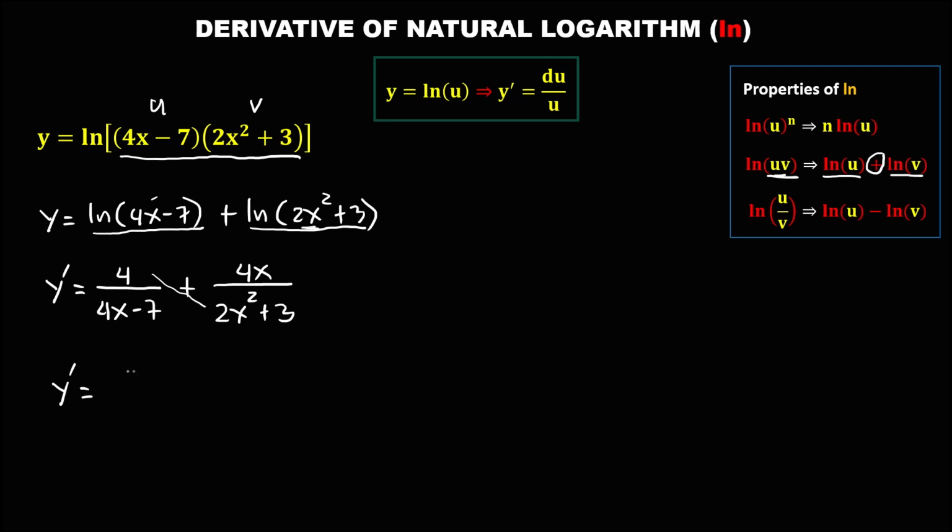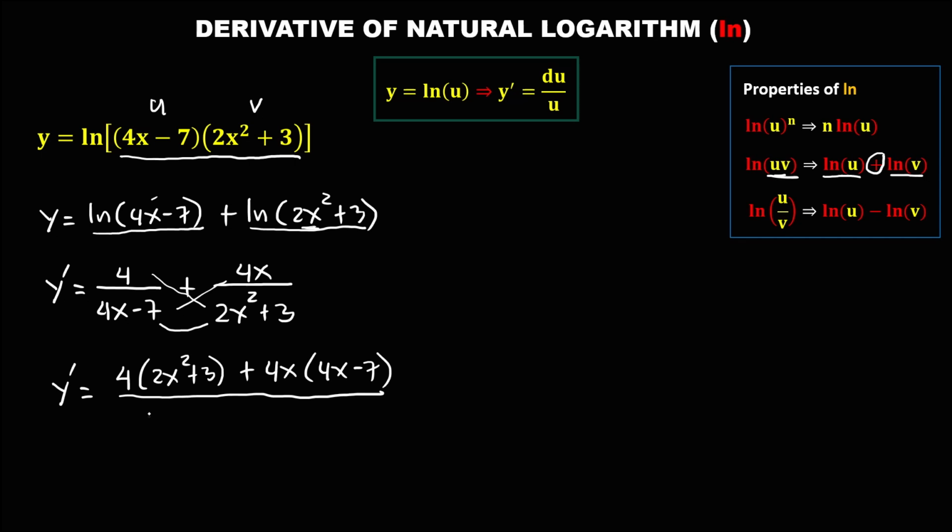So multiply, this becomes 4 times 2x squared plus 3, then plus, multiply, this becomes 4x times 4x minus 7, then all over, multiply these two denominators. So this becomes 4x minus 7 times 2x squared plus 3. Then to simplify, so we have